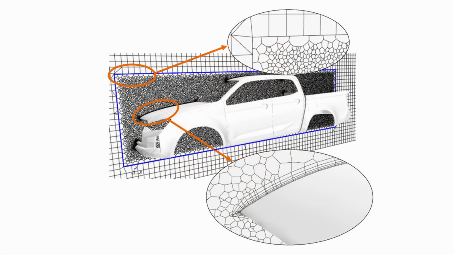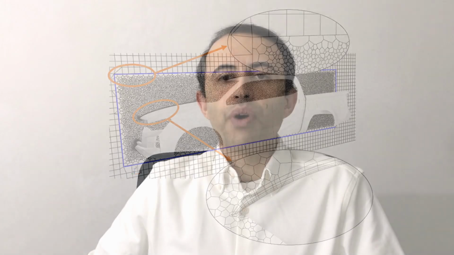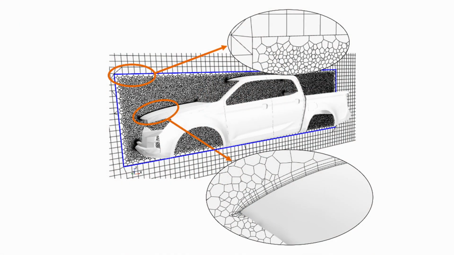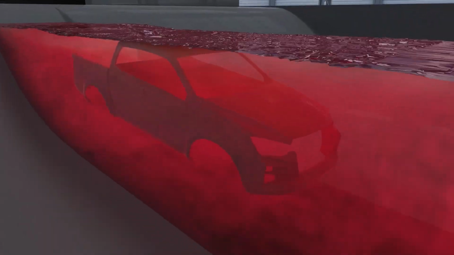In the second method, also known as the box approach, a box or a virtual boundary is created around the geometry of interest and designated as the virtual body. And inside this box, a body-fitted mesh is generated. And thanks to the presence of this body-fitted mesh, the box approach is able to deliver high-fidelity results that are comparable to those of the overset method, but at a significantly reduced computational cost.